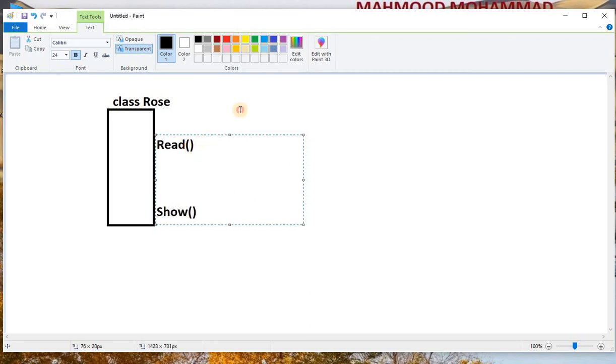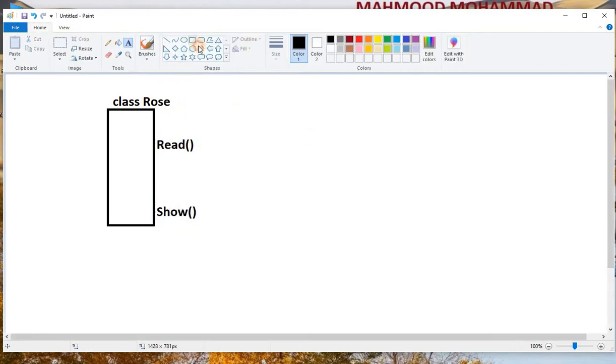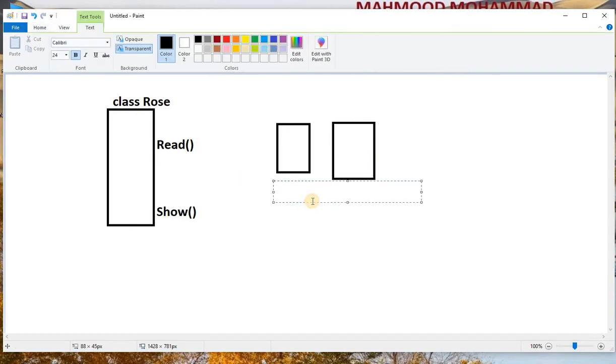These are the two methods in the class. As I told you before, there can be any number of objects for one class, but an object is required to call this data at runtime. For example, my first object is r1 and the second object is r2.